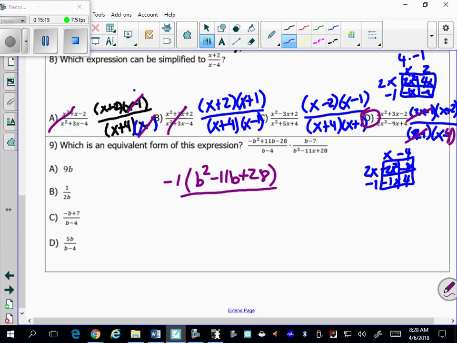And b minus 7 over, and then we can factor, actually we won't factor the denominator. You could, but I actually see something. I see the factor up here, this trinomial b squared minus 11b plus 28, is the exact same thing as this trinomial down here. So when you have multiplication of two expressions, one in the numerator, one in the denominator, they cancel, leaving you with a -1 times b minus 7